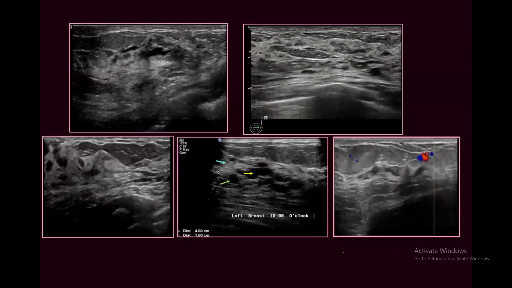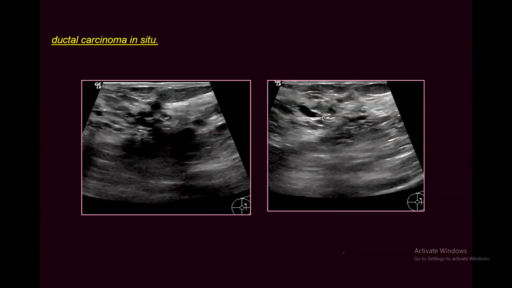These are different examples of segmental ductectasia, mild to moderate to severe, anechoic or hypoechoic. All of these are suspicious, can represent fibrocystic disease, but are suspicious for ductal carcinoma in situ